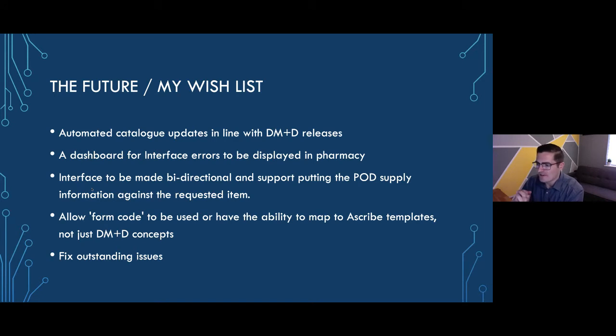Ideally, I'd love to see if the interface was slightly redesigned to allow form code to be used, because that would allow much better mapping based on the concepts that we use in our formulary. Or if we had the ability to map to the Ascribe templates, because that's how Ascribe worked on its own standalone beforehand. So if we could map directly to those templates instead of just the DM&D concepts, that'd be a